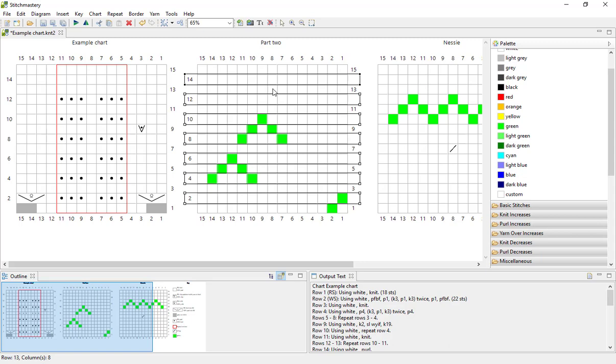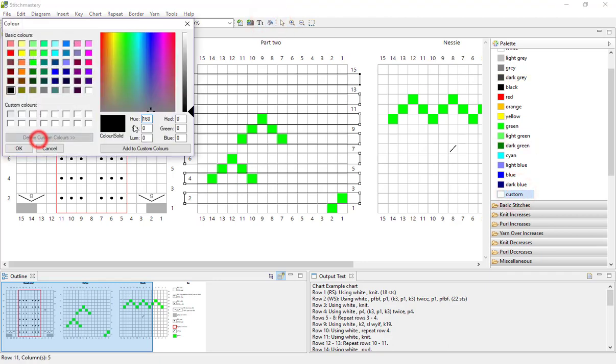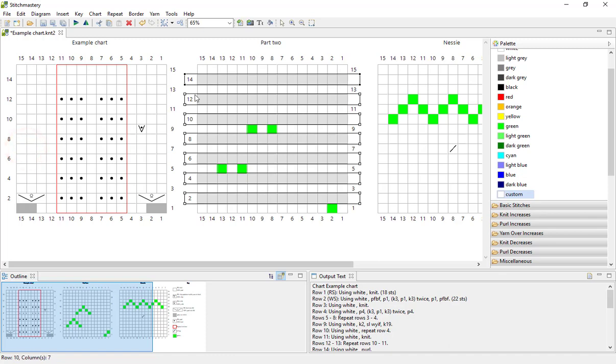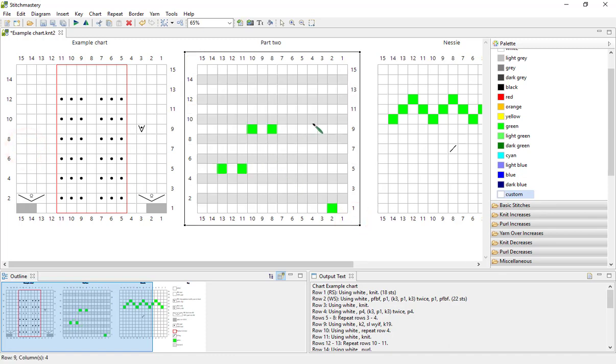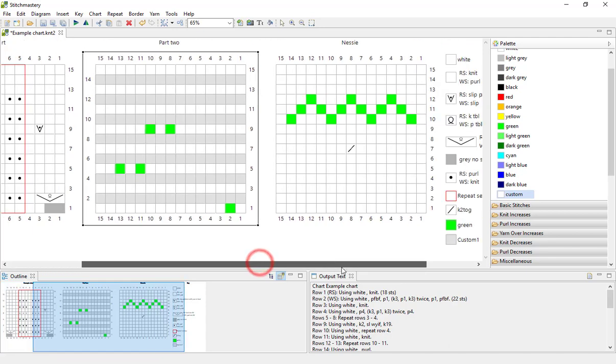So for instance, you can use the fill mode tool to colour them all a particular colour, or to fill them with specific stitches. So if we activate the fill mode just here next to the font icon, and then I'm going to create a custom colour of a very light grey, and use fill mode to do that, to make my alternate rows a different colour to help with legibility.